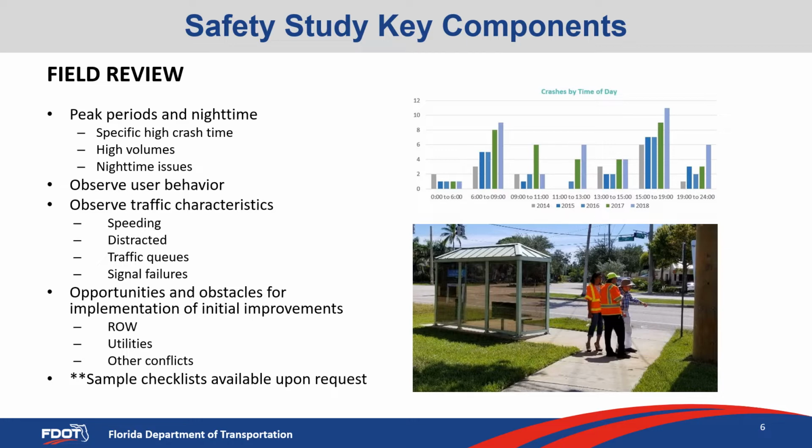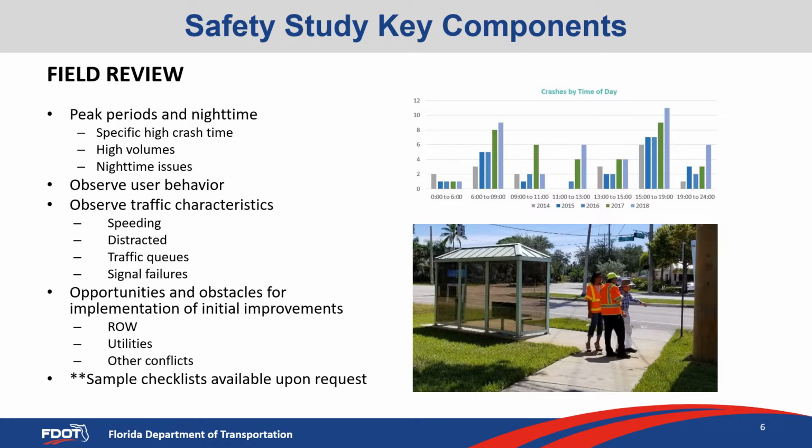At turning lanes, are there significant queues that are causing spillback that may result in problems? Are we seeing failures at traffic signals? For instance, it's taking 2 to 3 cycles to get through, resulting in impatient drivers. These are just a few things that you would observe in traffic characteristics, but watching everything operate in the field